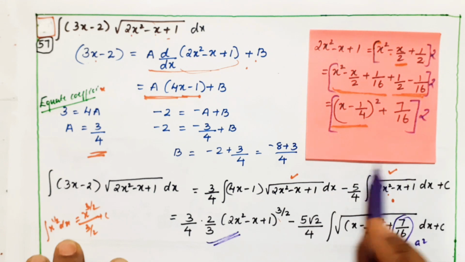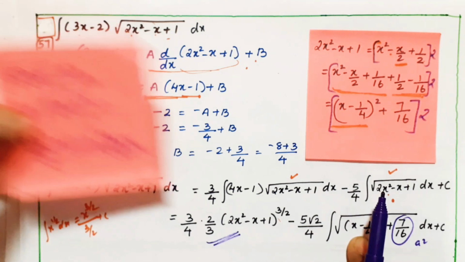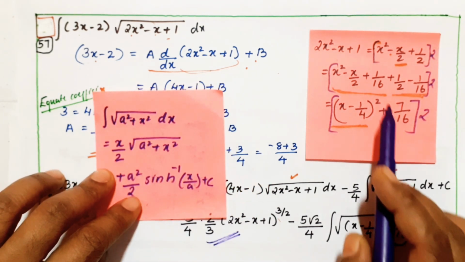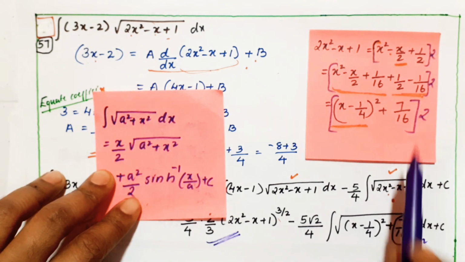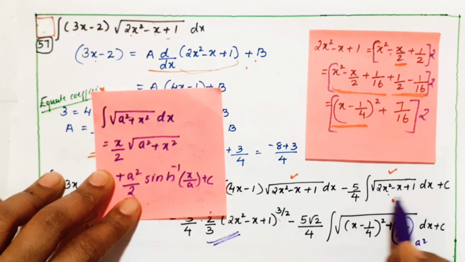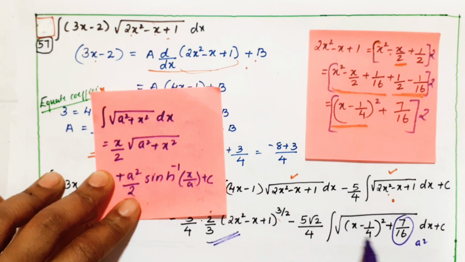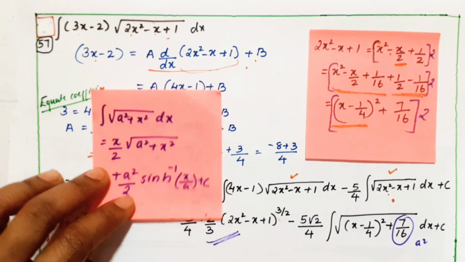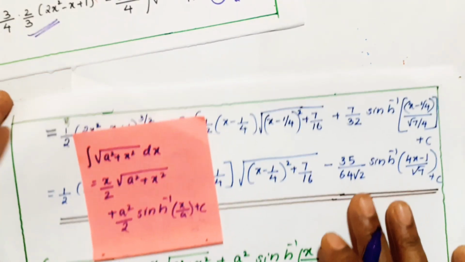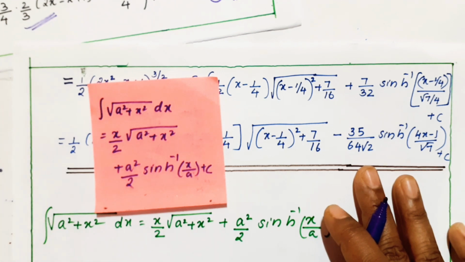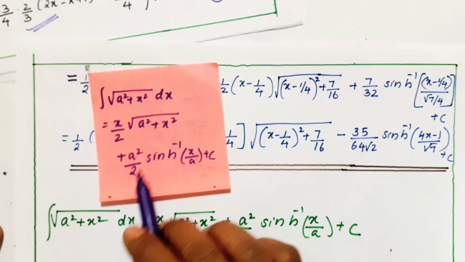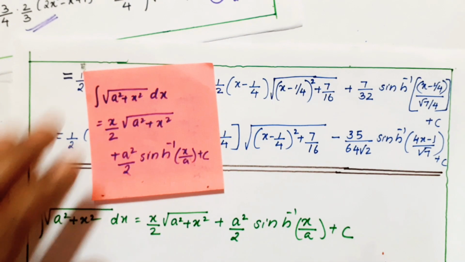Now the next term is in the form of your basic standard integral. Basic standard integral, root over this form we should get it. This form we should get means I need to arrange this term first. First I have taken the 2 common, then we are making it in the form of (a plus b) the whole square and all. So this full term I am changing it like this. After seeing this, it is in this form of expansion, standard integral, that we are expanding. With this formula, which formula? Root over a square plus x square dx as x by 2 root over a square plus x square plus a square by 2 sinh inverse x by a plus c, and we get the final answer.